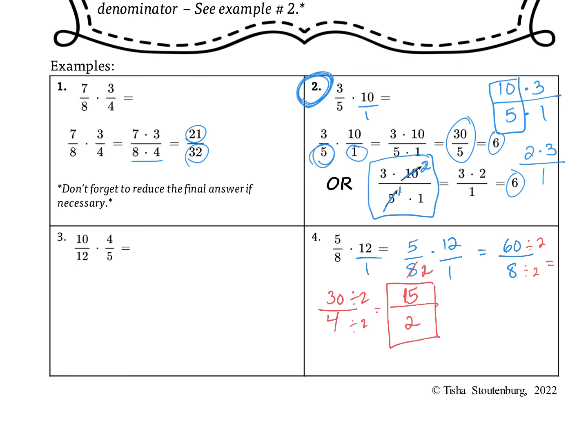And if I divide 12 by 4, I'm going to get 3. And if you notice, now what I have is 5 times 3 over 2 times 1, which does give me 15 halves. Okay, again, it doesn't matter which option you use. It's dependent upon what you're most comfortable with. Okay, so that's a quick review on multiplying fractions times a whole number. So now let's go back to